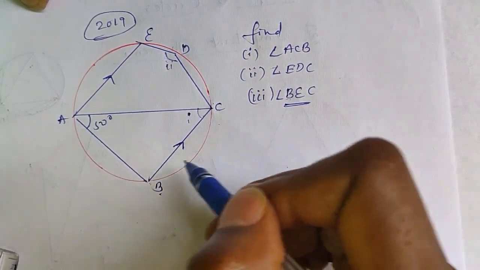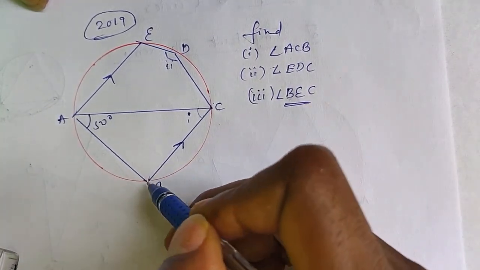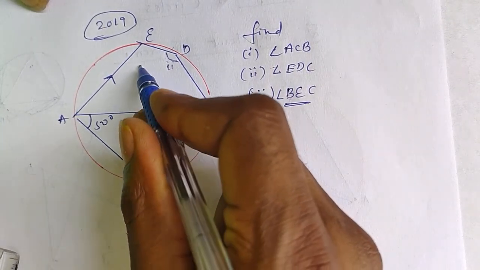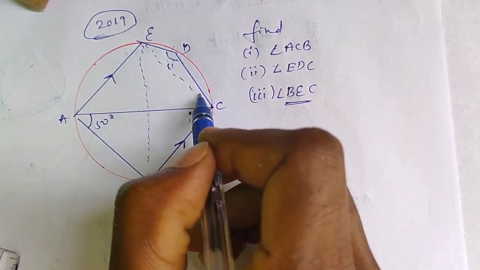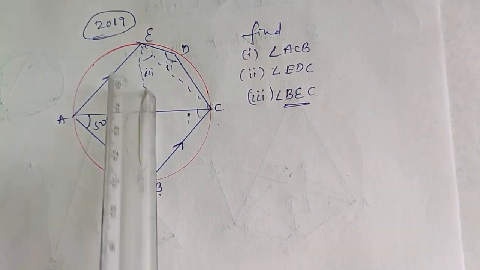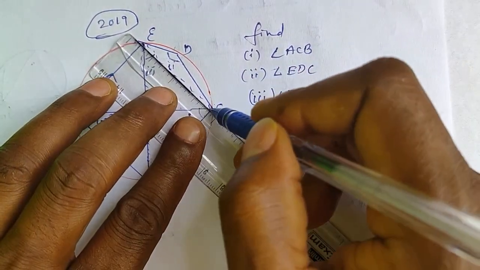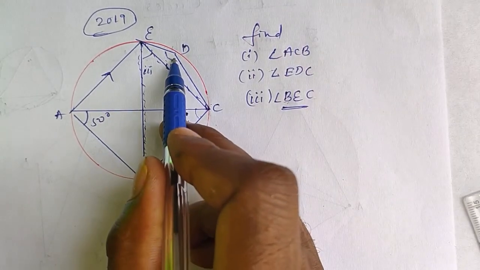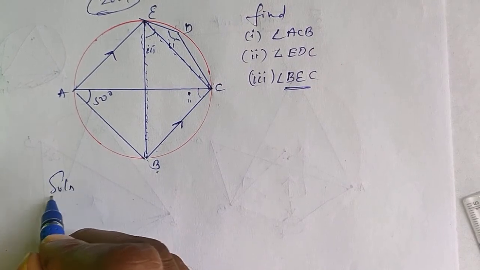While reading BEC, there is no line. If you see that, construct it yourself. Look at BE. B to E, there is no line. So at that time you construct it yourself. BE, then C. B to E, E to C. Like this. They are asking for this angle as the third one. Use a scale. Construct neatly. So this is BEC, the third sub question. So the first sub question is this, the second one is this, and the third one is BEC. So let us find the solutions one by one.